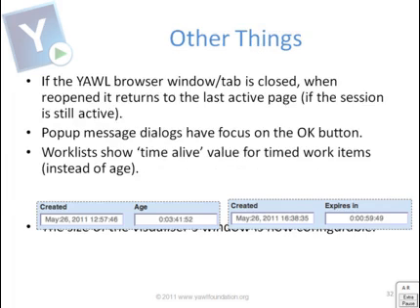If a work item has a timer associated with it, it will now show, rather than the age or how long it's been alive for, how long it's got until it expires. So this is a countdown rather than an incrementing timer. So if there's a timer with a work item, on the work list it will show you how long you've got until that work item expires. And even though that text is covered up,